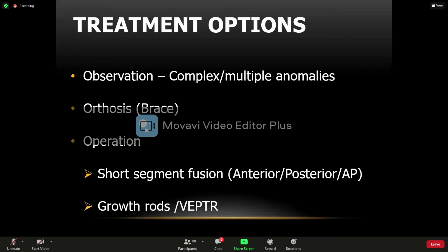So these are the three O's in treatment of scoliosis. Number one is observation, number two is orthosis, and number three is operation. And operation is usually short segment fusions or some kind of growth guidance systems. We'll come to the growth guidance systems later, but we operate on children as young as 2 and 3 years old for congenital scoliosis. So don't tell these patients that nothing can be done till they're 18, because by the time they get to 18, they have curves which are probably inoperable.